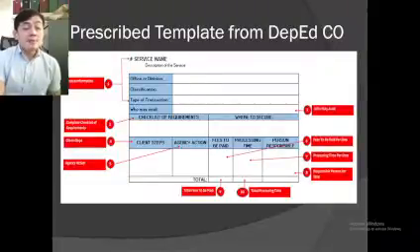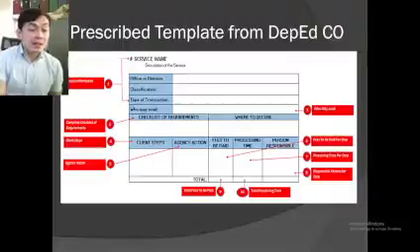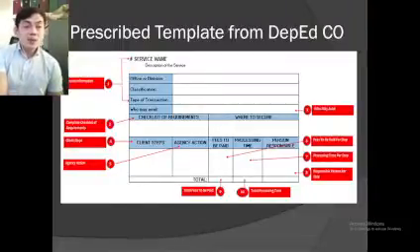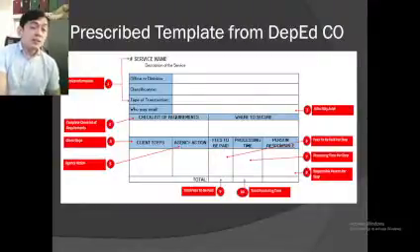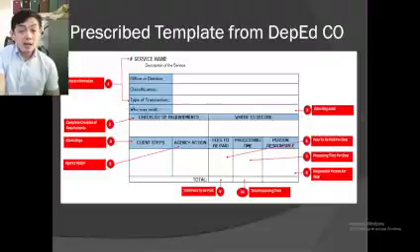You have to identify the number of copies of documents, your requirements, and where to secure those documents. And number 4, we have to identify the steps. In the steps we identify the steps from the client and the steps from the agency or particular office. Then the agency actions, fees to be paid, processing time, and the personnel. We also have to identify the personnel responsible for this. Later on, I will show you my